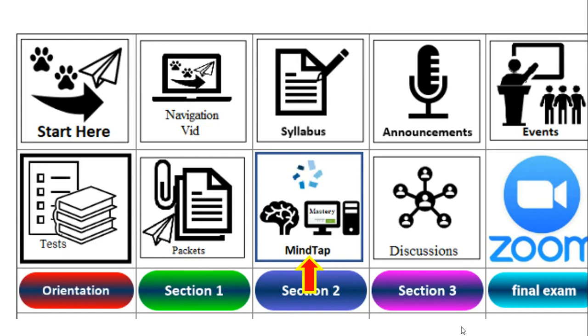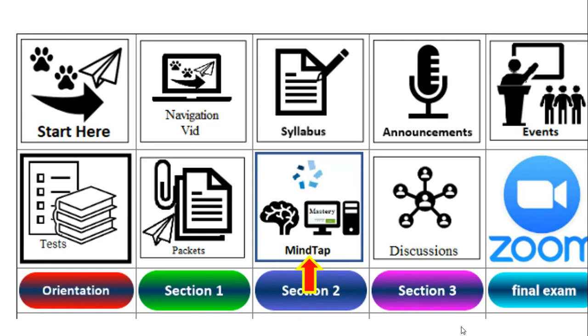Now, you will need Mindtap. And so please make sure that you buy the book with the Mindtap program. If you do not want to buy the book and you just want to buy the Mindtap code, that's fine. The Mindtap code comes with an online version of the book, but under no circumstances should you buy the book